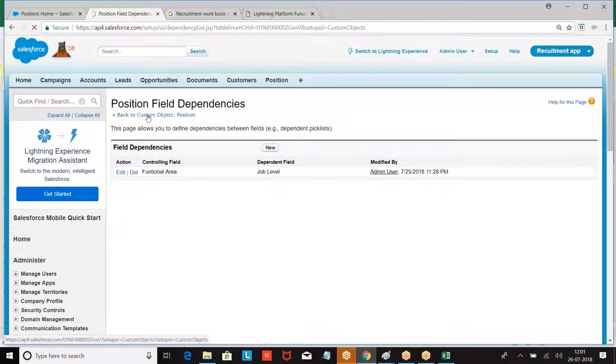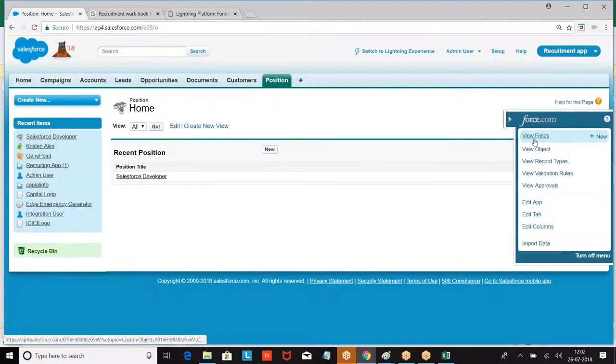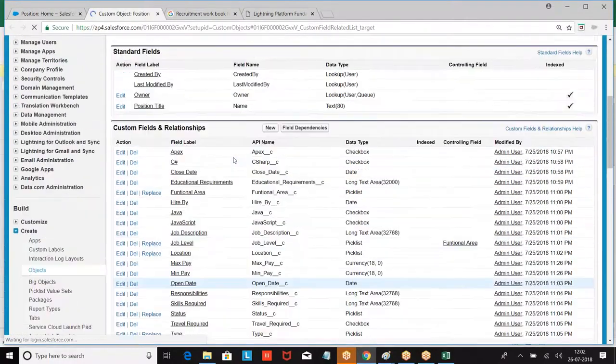So go to the position object now. When you click on the tab, which field should be displayed? Go to the position object. Look at this.